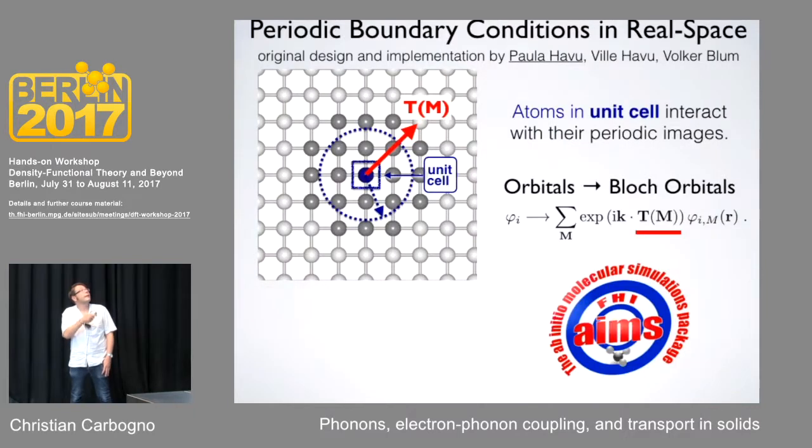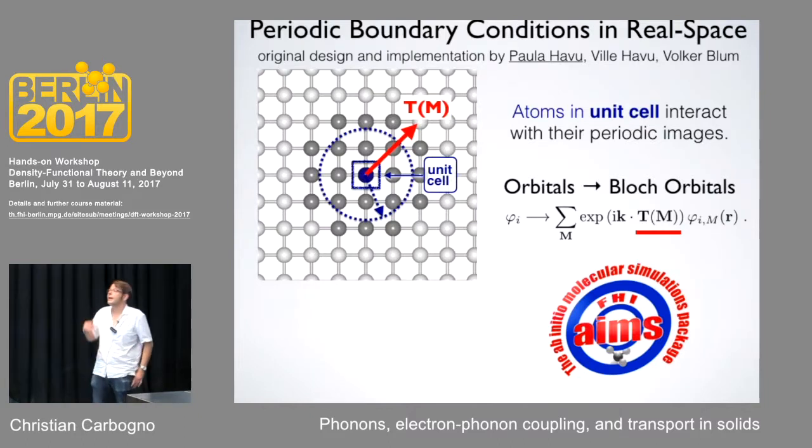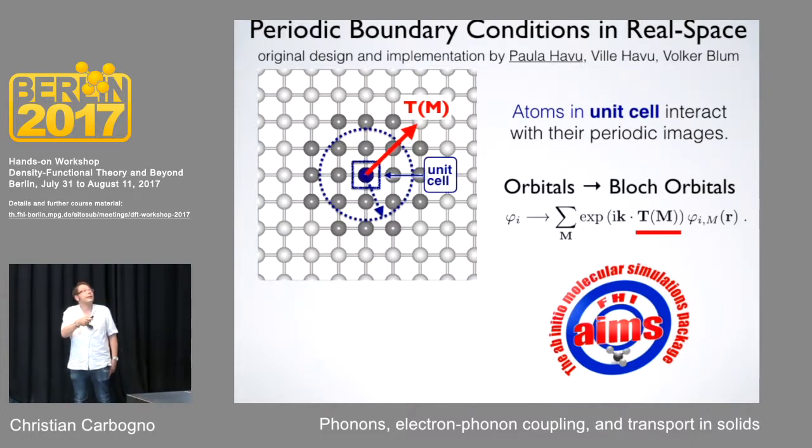So this is an example, just giving you an idea of how this is done in FHI-aims, where real space is used by default for all computations. I don't want to go too much over the details, but just showing you a little bit the idea of how periodic structures are dealt with within the internals of FHI-aims gives you an idea of what the bottlenecks are and what is done at which point. So the first thing that you need to do, obviously, if you are working in real space, is to apply the Bloch theorem. So each orbital gets a phase that is related to its distance from the original unit cell.